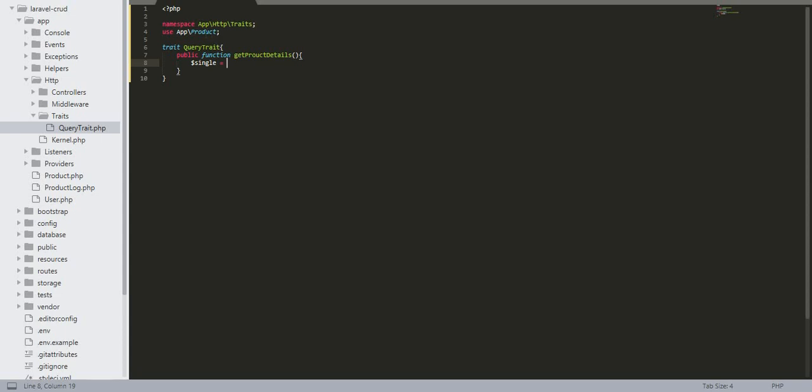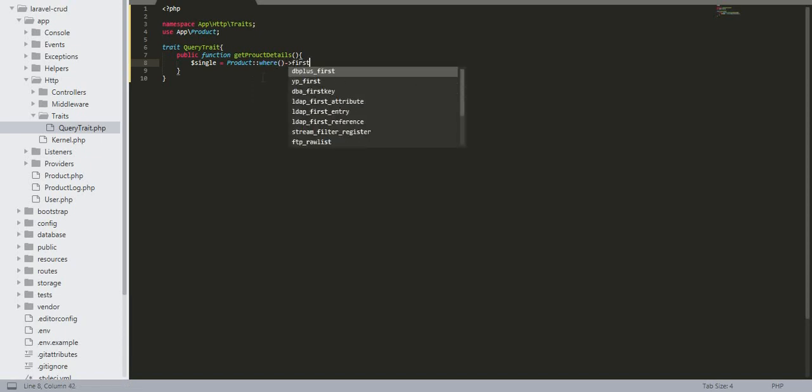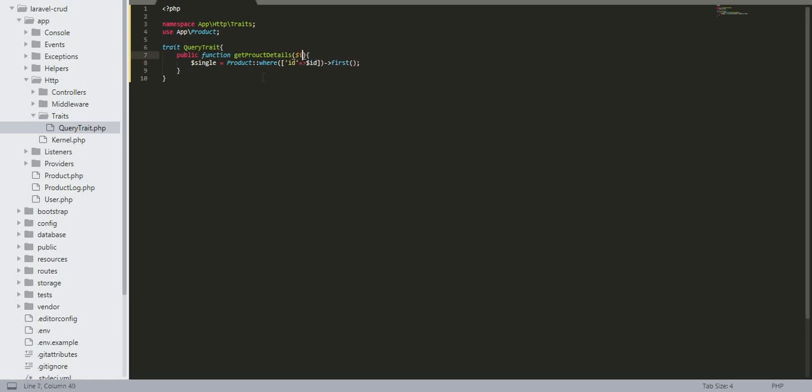So it will be our Product, where, first, and then we are going to make a condition on the basis of id, and there we have to pass the id, and then return it.